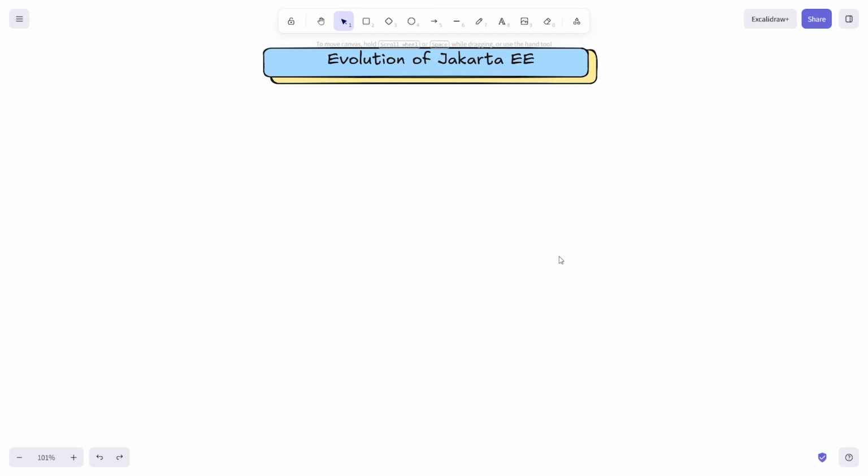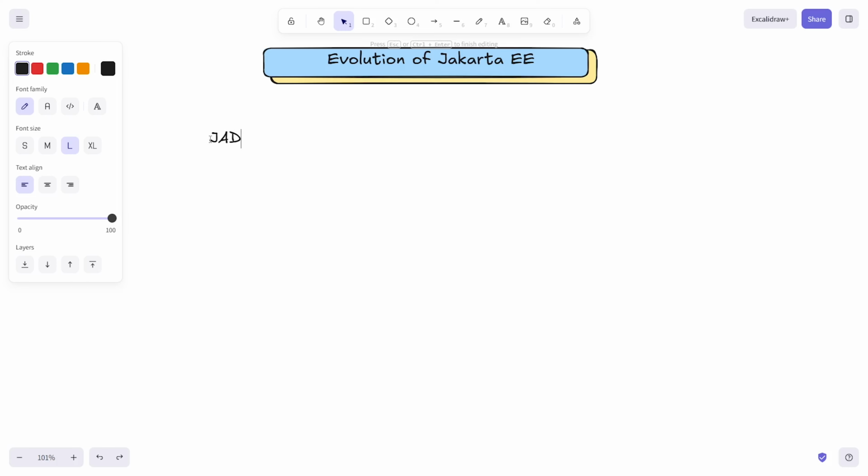So today we are going to discover the evolution of Jakarta EE from the JDK perspective, okay? And why you need to know this: there are two different streams running in the market, and based on that you have to apply for jobs using the JDs which I have already written there, okay? So let's start. Everything, let's say, back at the time was inside a tool called JDK, Java Development